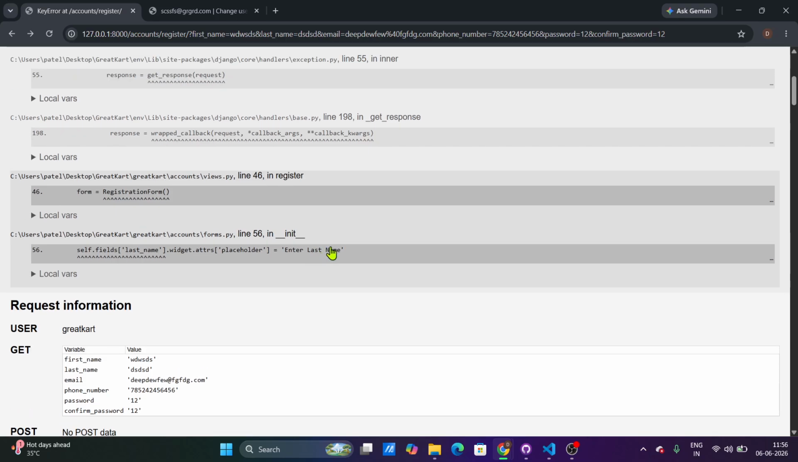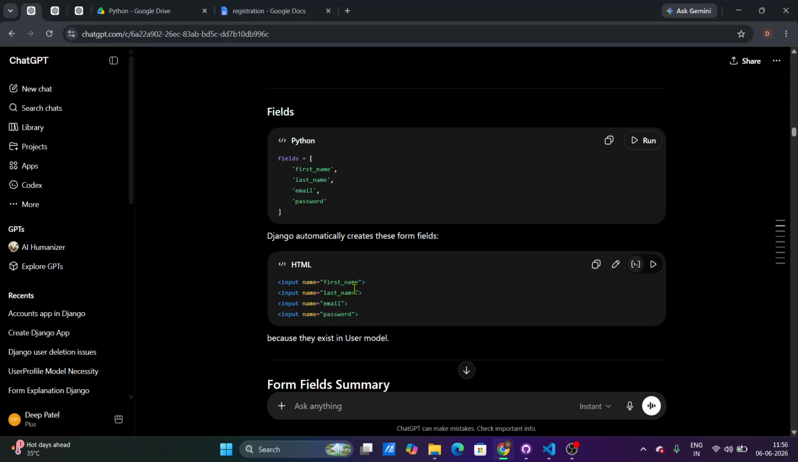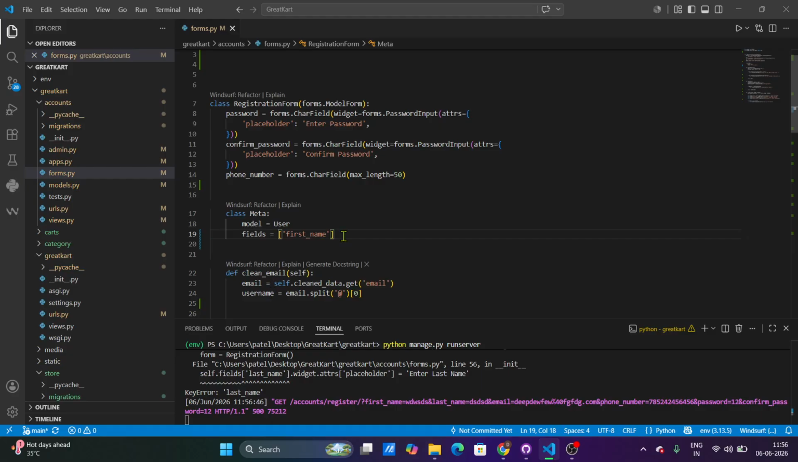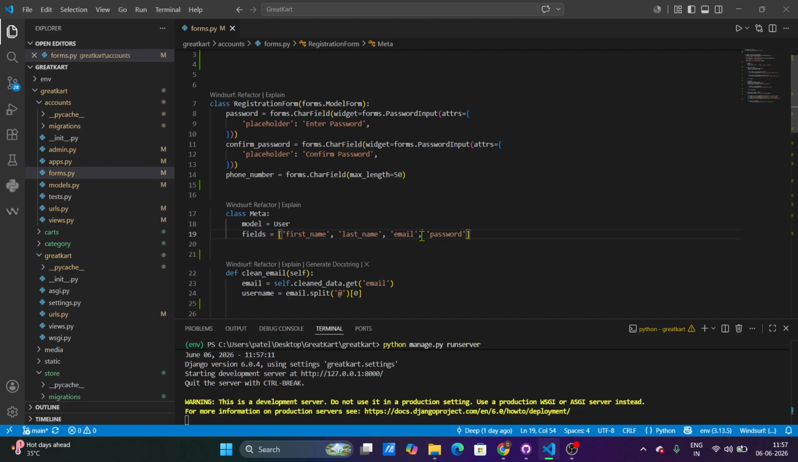So basically, what I am trying to say is, if we want to use all the whatever fields available in user, then we have to define it here. Okay, so don't forget to define the fields here if we want to use them, otherwise it is okay. If we don't want to use them,